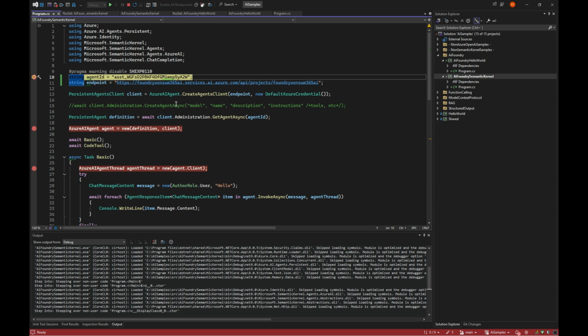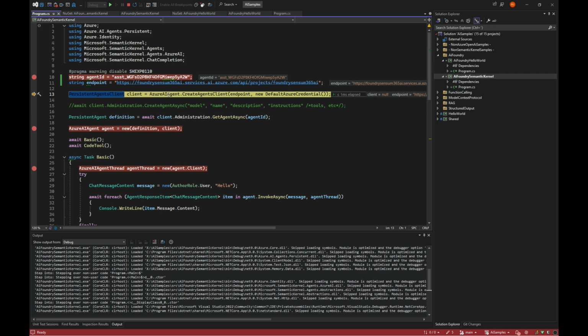So in true semantic kernels fashion, they let something else create the other NuGet packages tool. In this case, we need the persistent agent client, but they have a wrapper around that, which is technically not needed. We just need a persistent client.